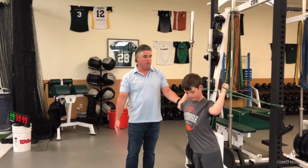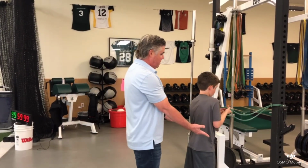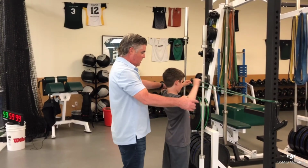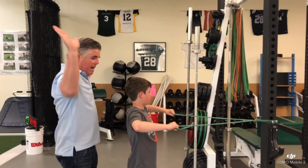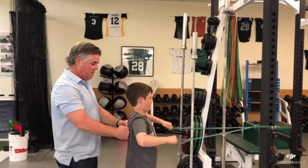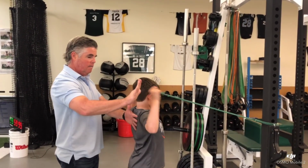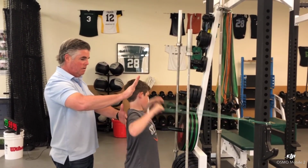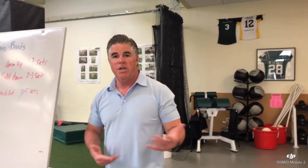And lastly, you can go ahead and turn around, and we'll end with external rotation. Again, arms up. And 90-degree angle at the elbows, straight wrists, and going back for a set of 10. Hit my hands. 1, good. And notice he wants to use his back. And you put a hand here, and go. Good, relax. So you can have a coach doing that and cueing the players, teaching them how to use their